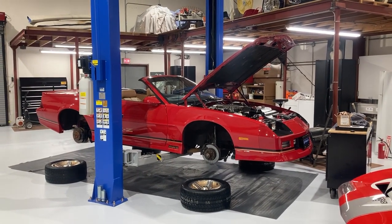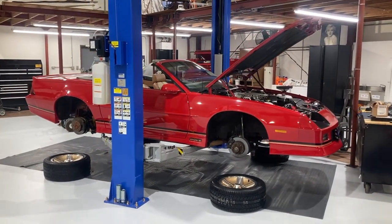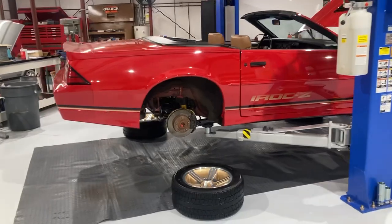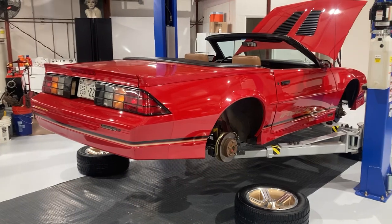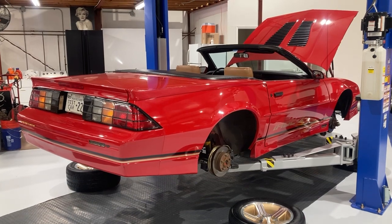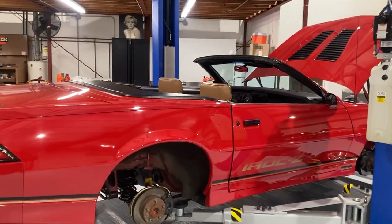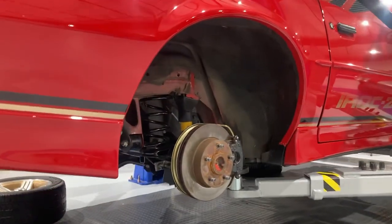All right, this is an 88 Iroc, and it is one of the rare G92 5-speed cars. Most people don't know what that means, but it's basically the same engine as you would have in the high performance 5-speed versions. There's 3 different Tune Port engines made. There's the lower performance one, which is generally in an automatic, and many times on a 5-speed without the G92 option. And what the G92 option consists of is the quicker gear ratio, which then sets these cars into the